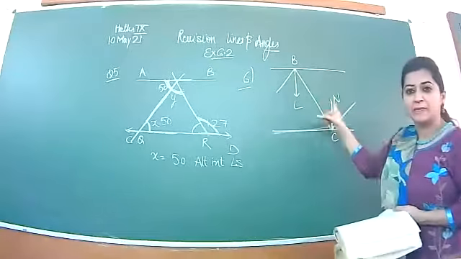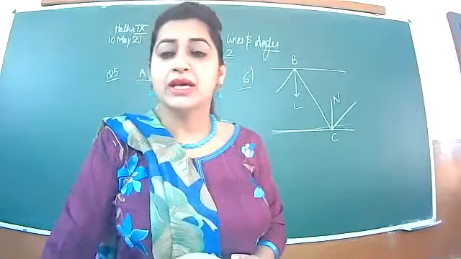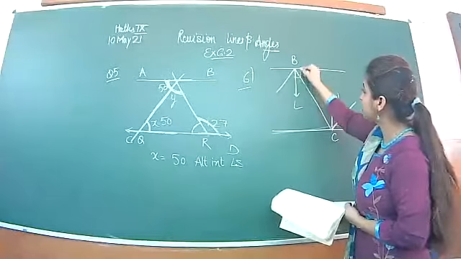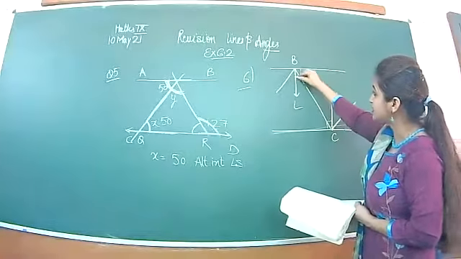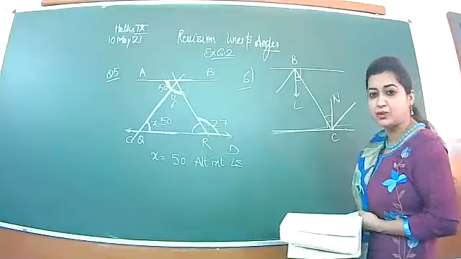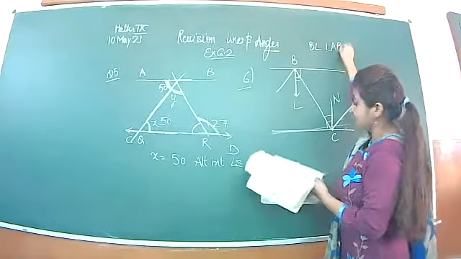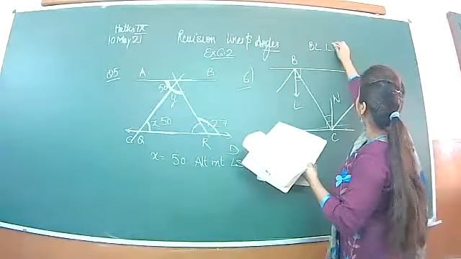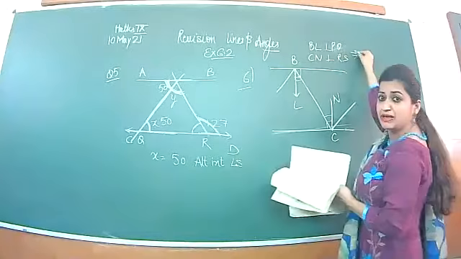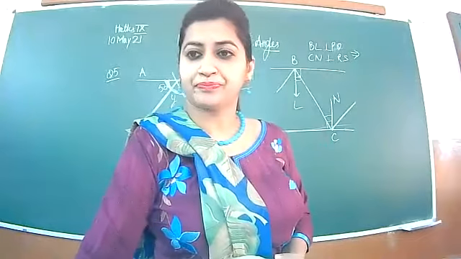If these two lines are perpendicular, can we say that these two lines are parallel? Because these are two perpendicular lines, they are making 90 degrees each, and this is a transversal, so this angle is equal to this angle. So the lines must be parallel to each other. So if BL is perpendicular on this AB and PQ, and CN is perpendicular on RS, in this manner you can say that the two lines are parallel to each other.